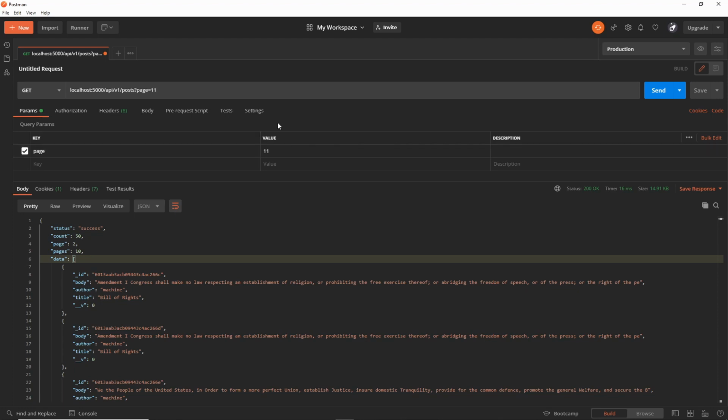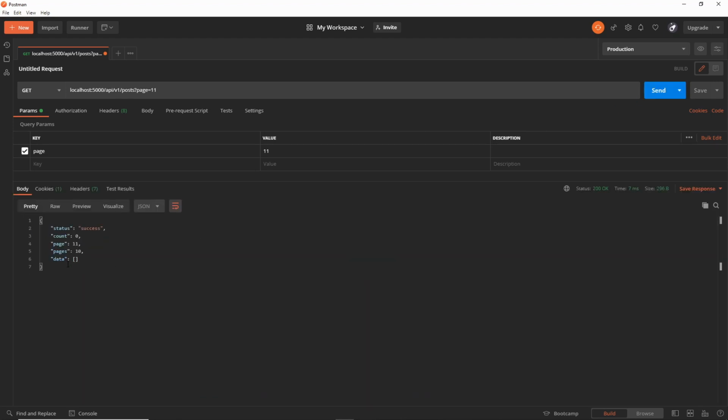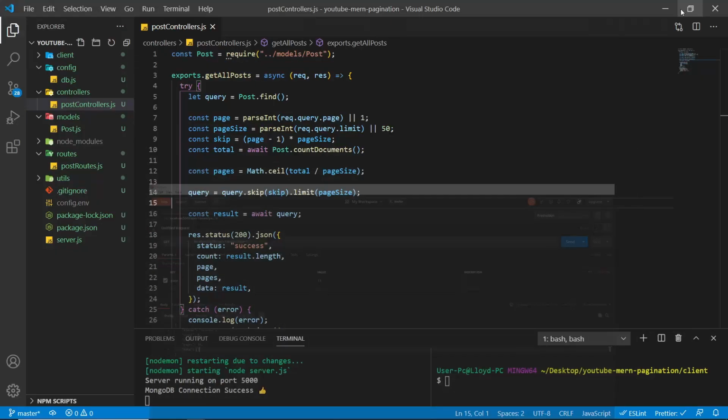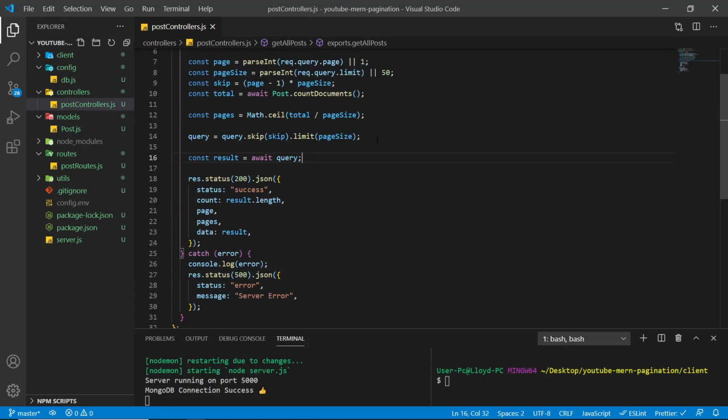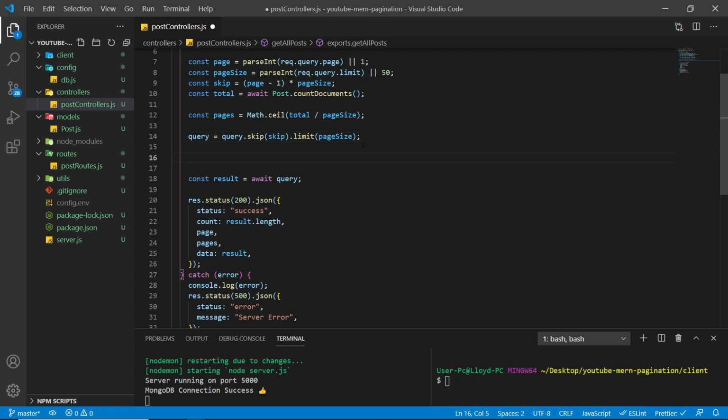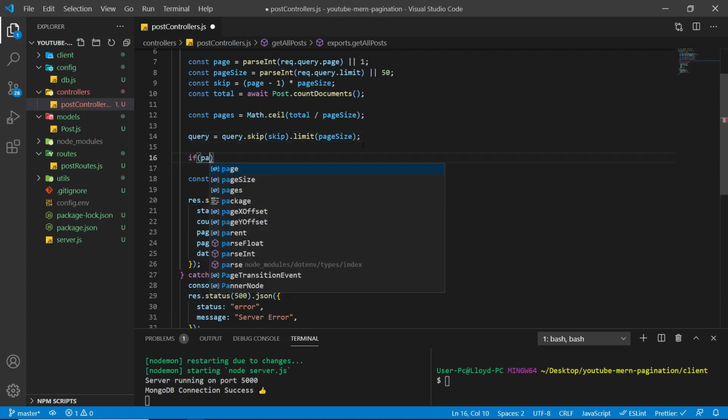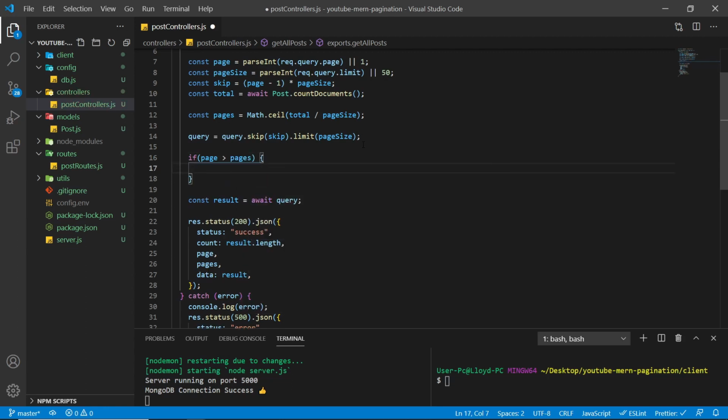So if I make a request to page 11, which does not exist because there are only 10 pages, and I send this, we're going to get back this, which actually is not correct. You want to send some response saying page not found, a 404 error. So basically you just have to check that the current page is not bigger than the pages. We can do that by going down here, and all we want to do is say if page is greater than pages, we want to